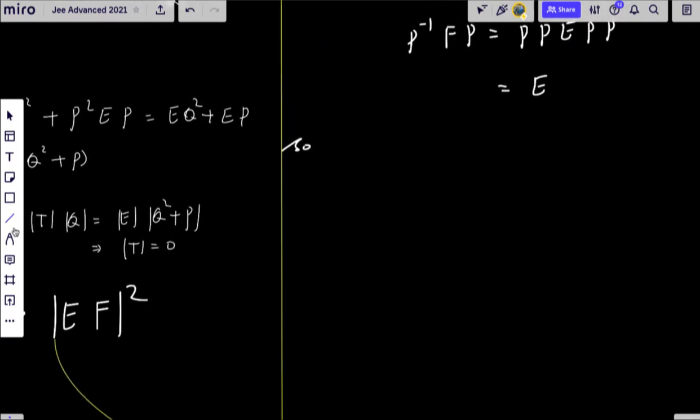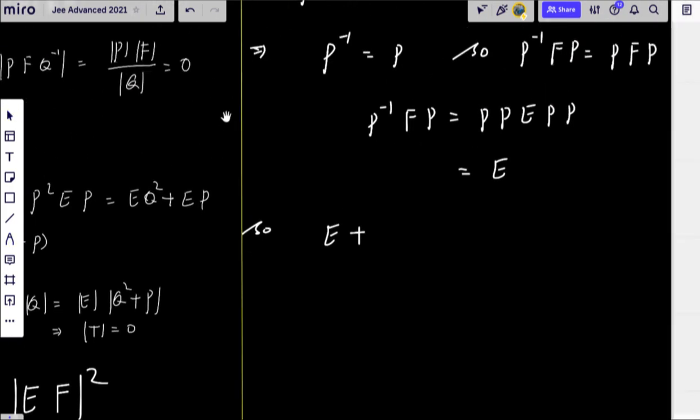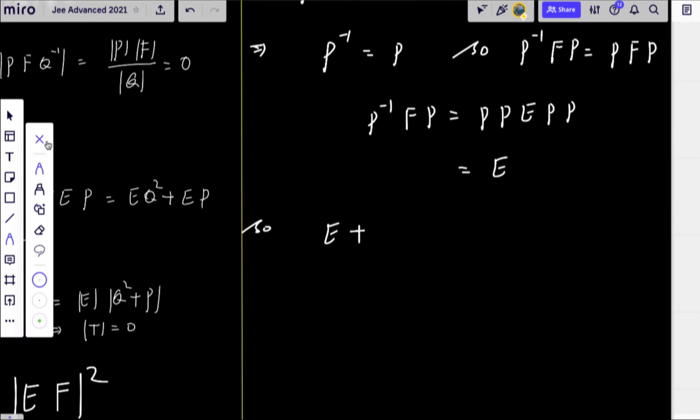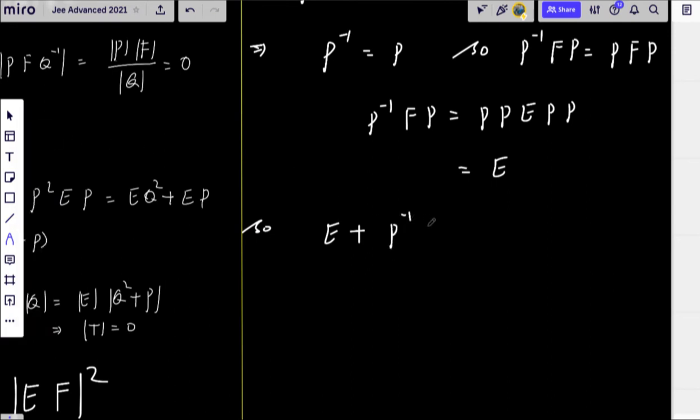So add this one. So what we concluded is E plus, what about this one? This is P inverse of FP. So E plus P inverse of FP can be written as E plus, and what is the value of this one? Earlier we have shown that this is also E. So finally what we can recall is 2E. Correct. So as 2E, finally what we conclude is P inverse of